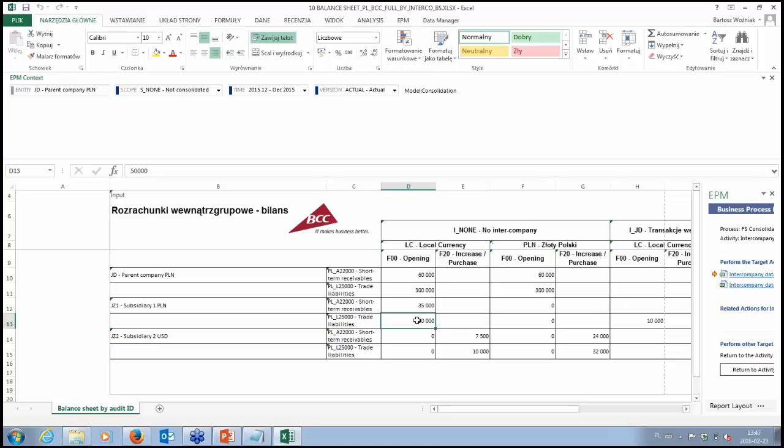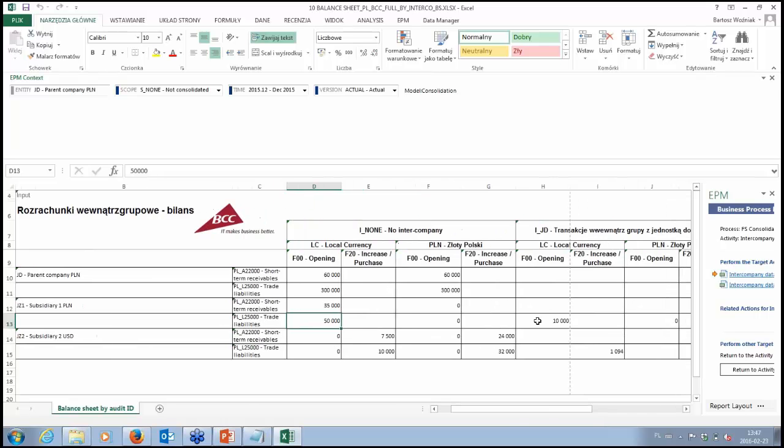So this is the summary, also inside the capital group, and also trade liabilities to third parties. And we can split this figure and look, for example, that we have 10,000 liabilities combined with